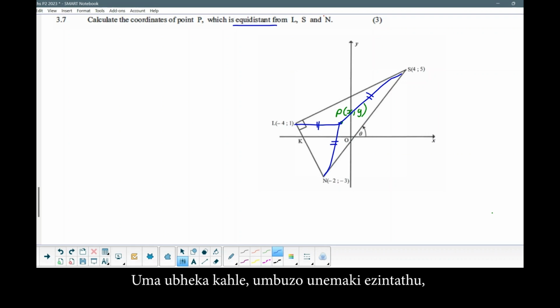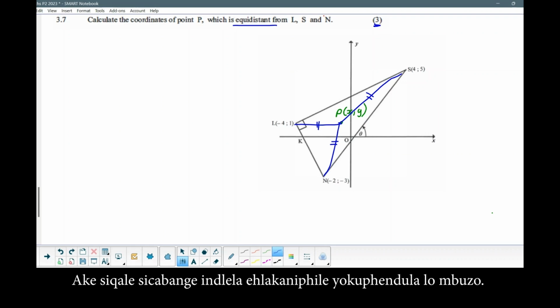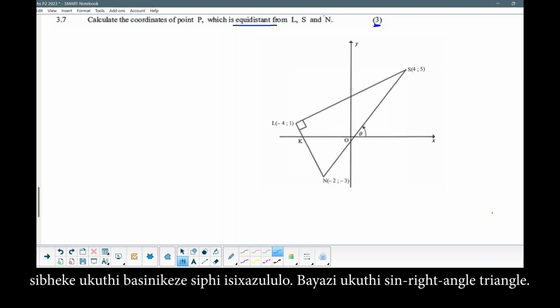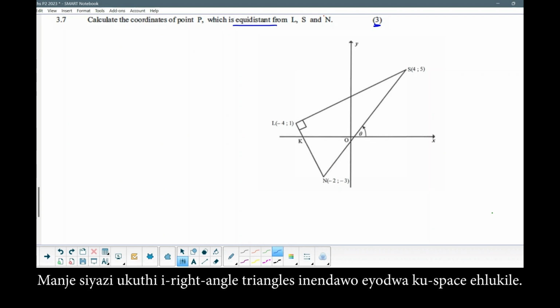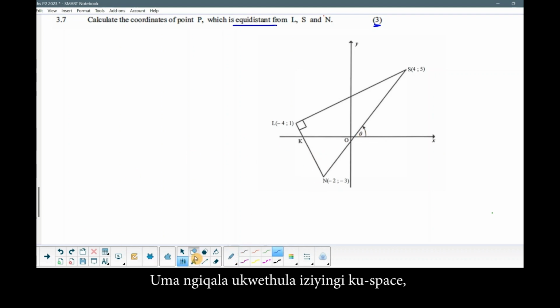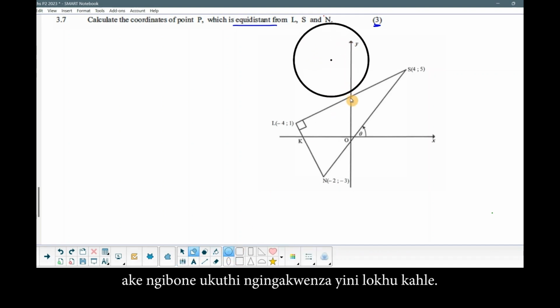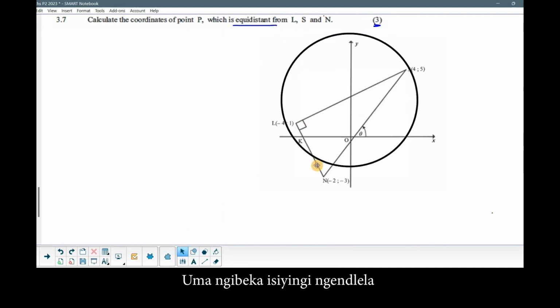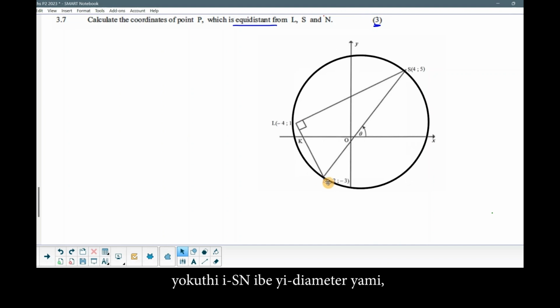Now, if we look closely, there's only 3 marks to this question, so it can't be that difficult. So let's start looking at a cleverer way to answer this. Let's take away what we've just drawn in and see what they've given us. They've given us a right-angled triangle. Now, we know that right-angled triangles also happen in another space. And if I start introducing circles to this space, and let me see if I can get this right, if I place the circle in such a way that SN is my diameter,